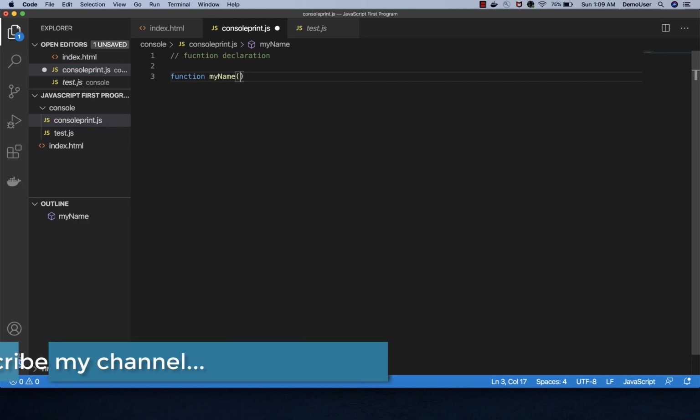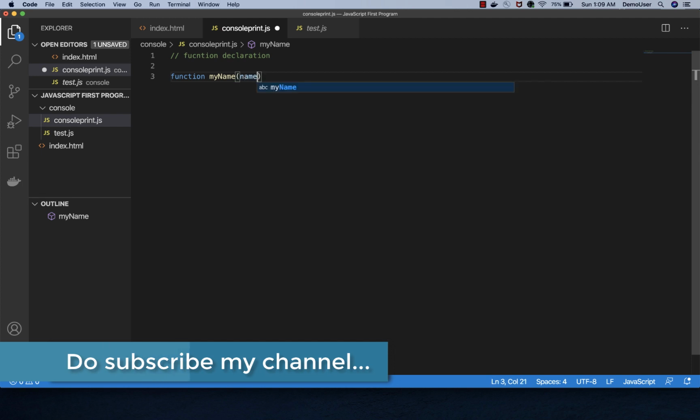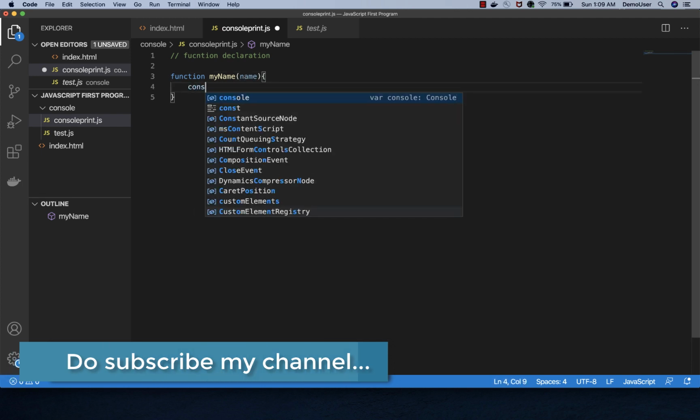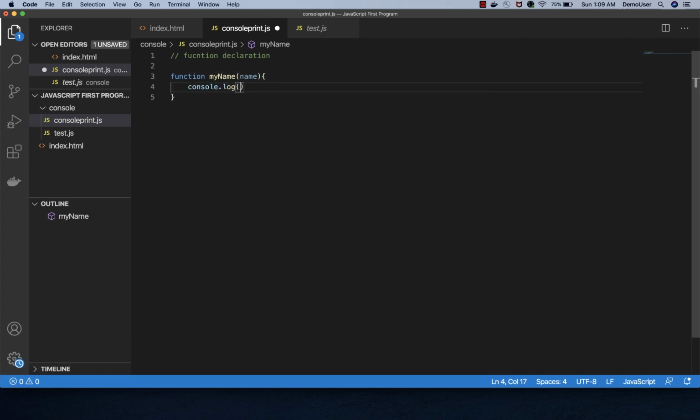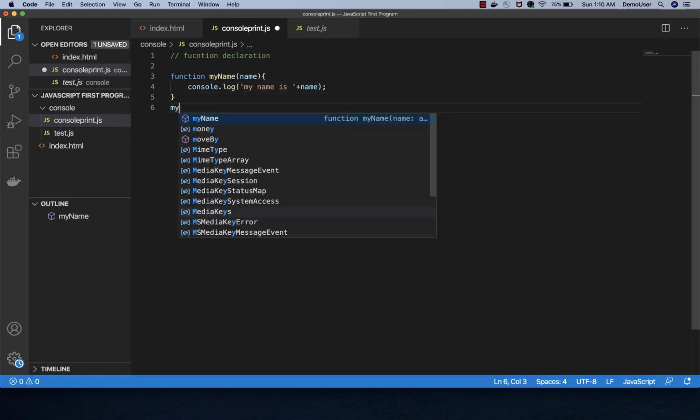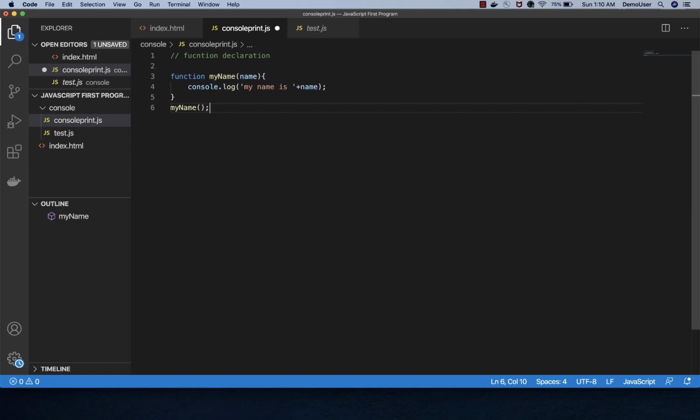And I will just pass a parameter here. I will say name. I will give a console. My name is, and I will use a plus symbol here, and I will say name, and I will say my name, and I have called this.